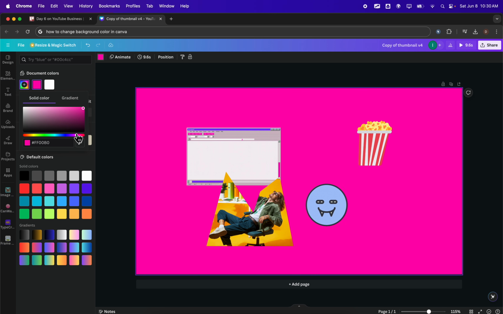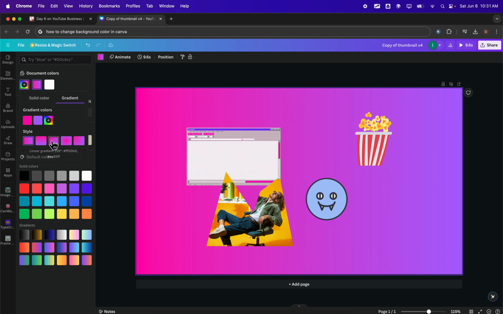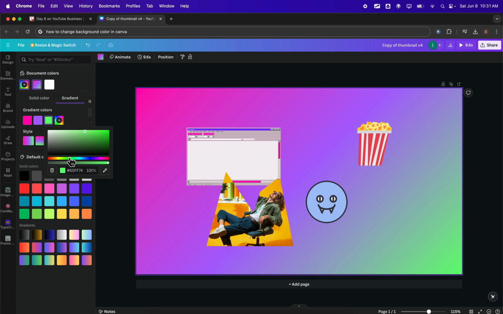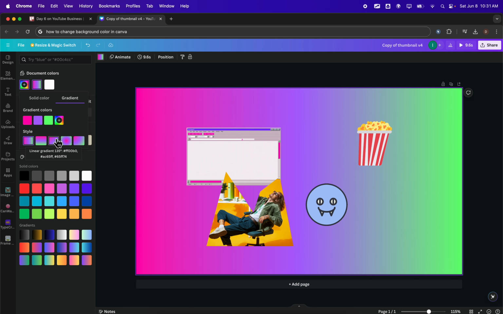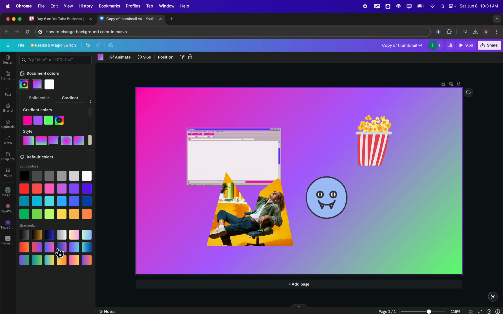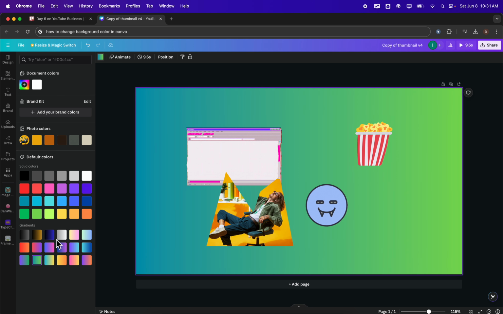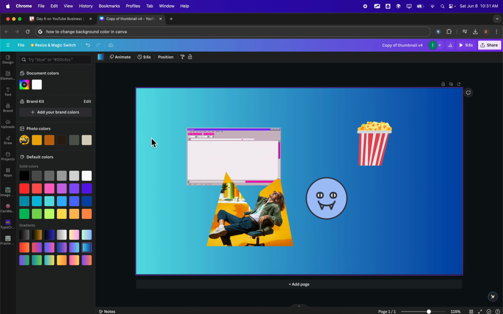Now if you want, you can also create gradients. So as you can see, you can add your custom colors here. You can add multiple colors if you want, and then you can choose the style of the gradient. Now you can also use these templates of gradients that you can use, and basically that's how you can change